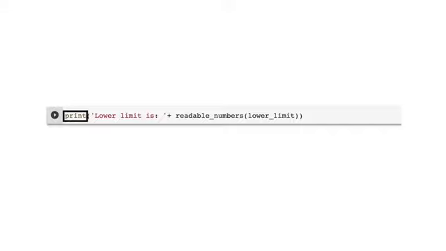We'll input print followed by the text lower limit is colon plus sign readable numbers and lower limit in the argument field. After running the cell, we learn that the lower limit is 8.6 million. Don't worry if you're still trying to understand interquartile range. This concept will be explored further in depth later in the program.